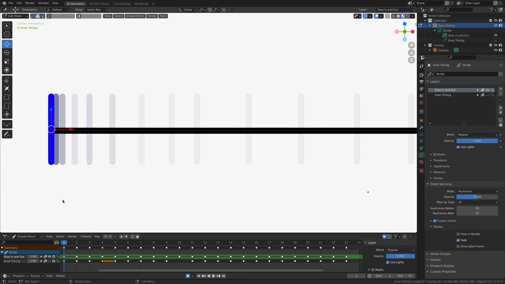But on frame 2, here's a great little keyboard shortcut, by the way. If you hit the up and down arrow on your keyboard, you'll advance forward and backward one keyframe at a time. So if I look at the distance the bar travels between frame 1 and frame 2, it's very small. It's a very small distance. If we look at frame 3, the distance grows ever so slightly. These overlapping locations are going to create this small, subtle illusion of slowing down.